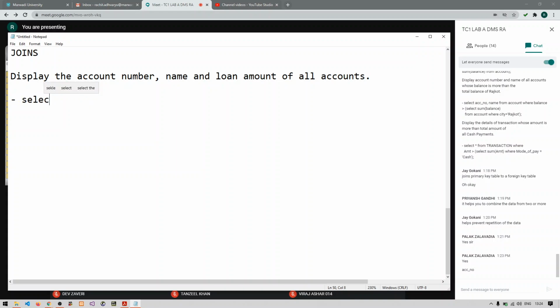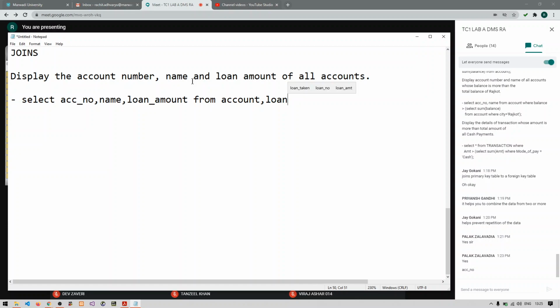Select. What do we need to fetch? We need to fetch ACC underscore NO, comma name, comma loan underscore amount. But this will create some complexities in the Oracle engine if we write it just like this, from account comma loan, because we are using two tables, right?